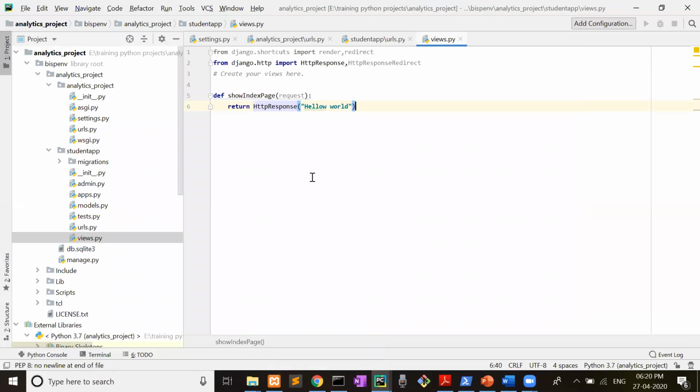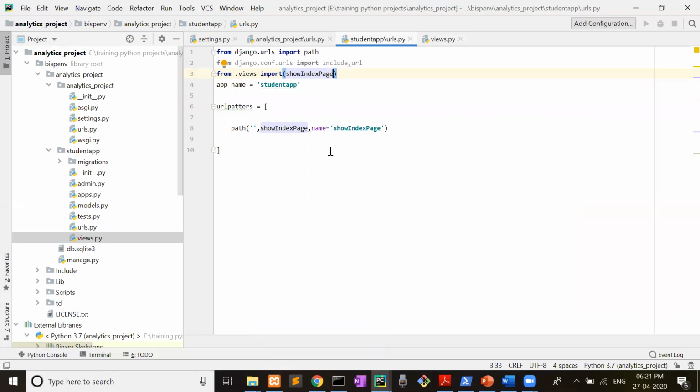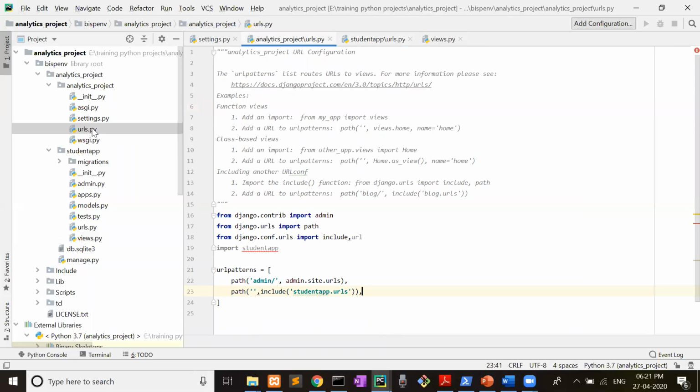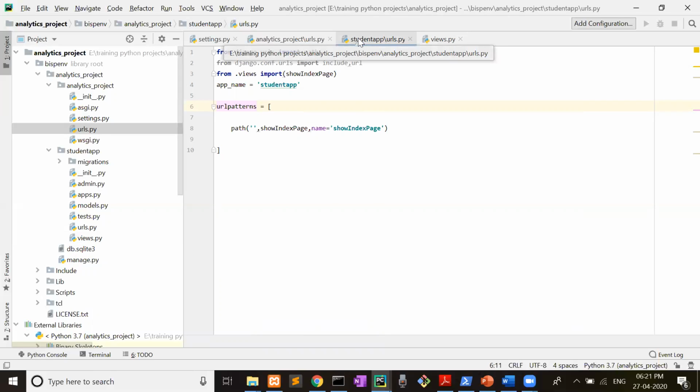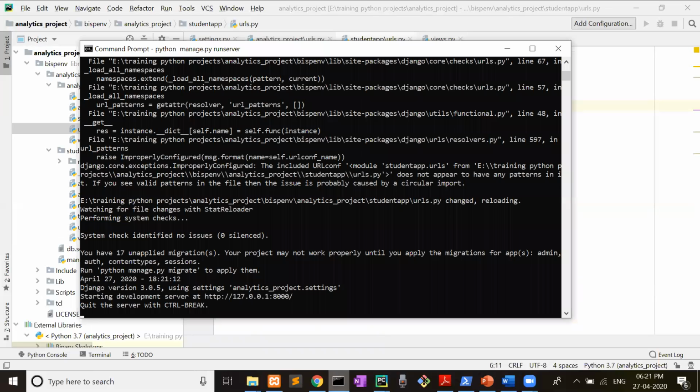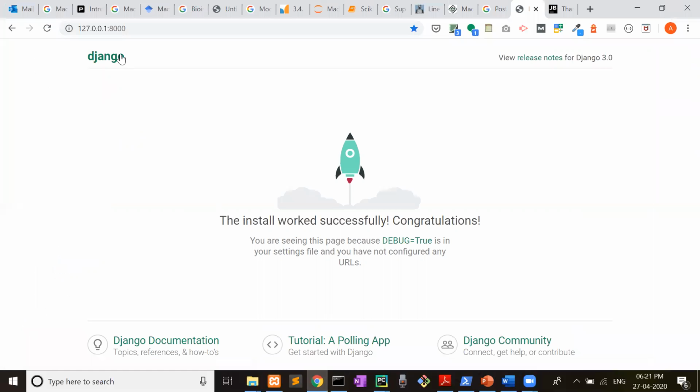URLs pattern, something is missing here. URL patterns, spelling mistake, URL PATTERNS. Again, yes, now it is refreshed.